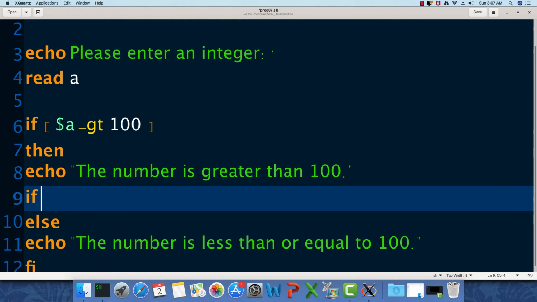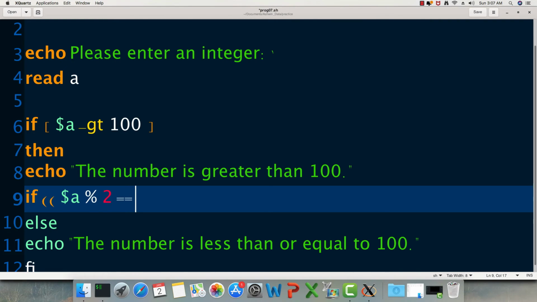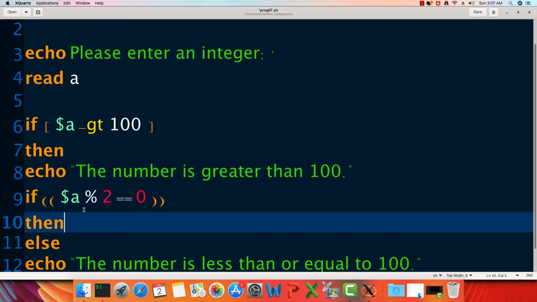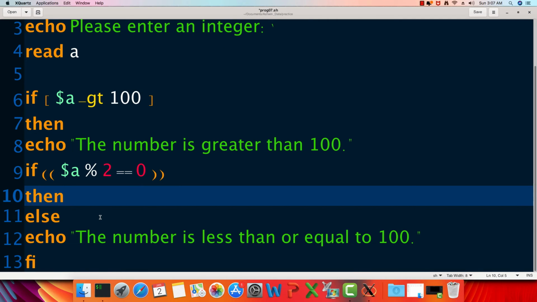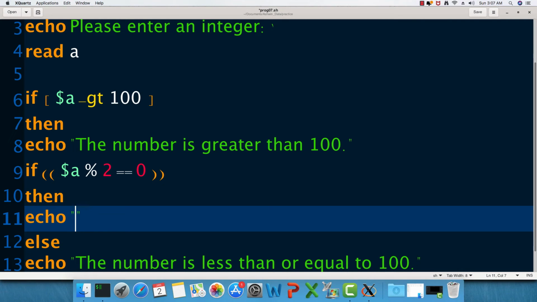So if $a %2 equals to 0, then echo it is an even number.